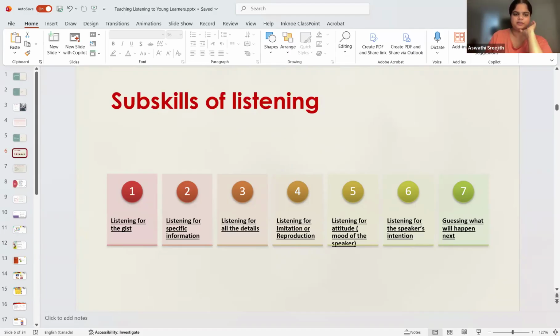So pre, while, post. Pre is the ice-breaking stage. We create a rapport. What else? We said we always put the students in the context. We cannot jump in the class and start teaching, correct? So we have to create the context. If the listening is about environment, we start asking them some questions about their favorite weather. How's the weather now? What about the issues that they have in their country?